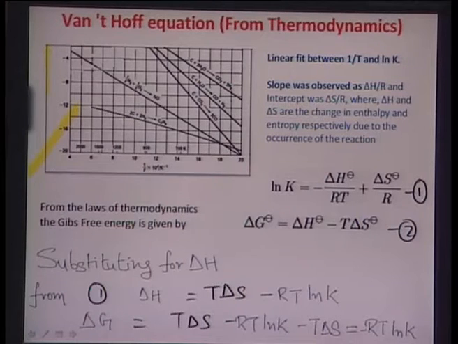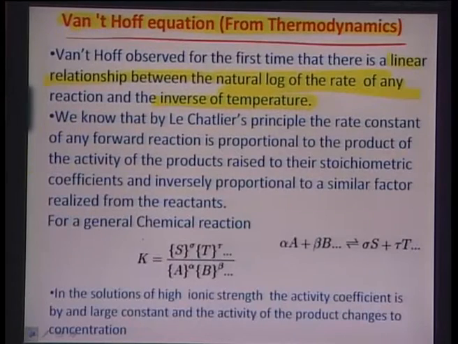So, this is essentially the axis which represents the natural log of K, where K is the equilibrium constant, and you are plotting this with respect to the inverse of temperature. And so, for different gas systems, he found out, and these are equilibrium processes essentially, that there is a linear relationship between the inverse of temperature and the log of K. Okay. So, what is really the equilibrium constant? This comes from another illustration called the Le Chatelier's principle. The rate constant of any equilibrium process is